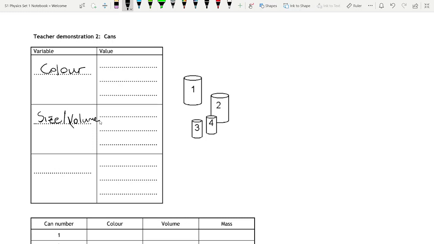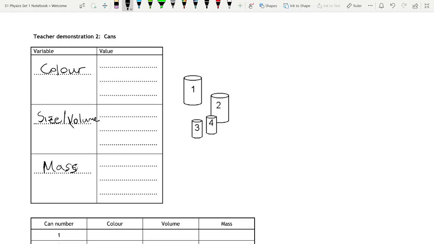Right, so I was listening in to some of the conversations over there. So I heard the words colour. I heard the word size, but I'm going to put that in a more scientific way and put volume. So size / volume. And what was the other one that varied? Excellent. I thought you were going to say weight, and you said mass, so that's brilliant. I did hear some people saying weight, so that's why I wanted to just check. So remember, mass is how heavy something is. So if we're talking about how many kilograms something has, it's mass, not weight.